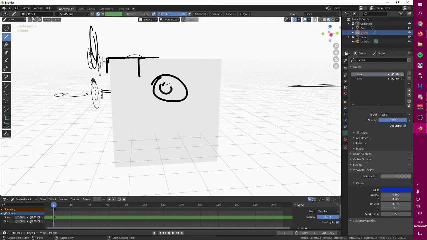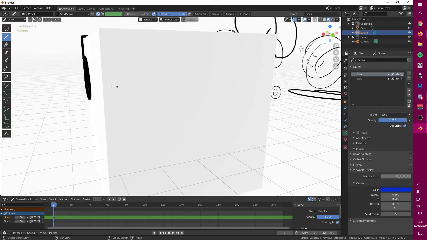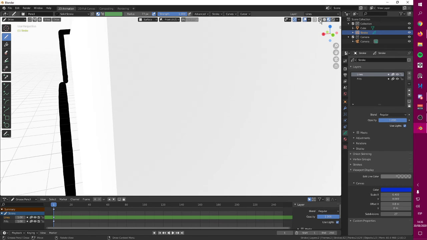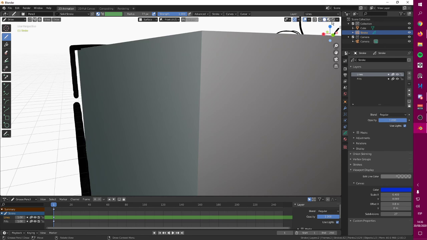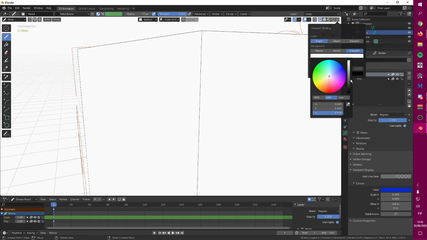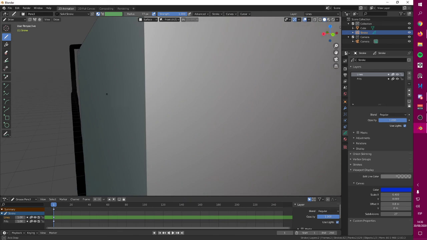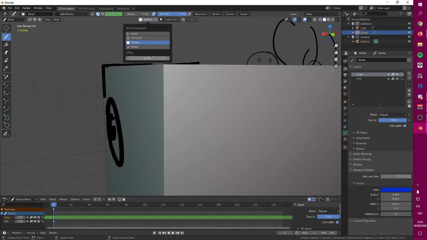Now you are drawing on this cube, and this looks very 3D, and it's also not touching the cube entirely. So go on surface and change this. Press shift to make small changes.